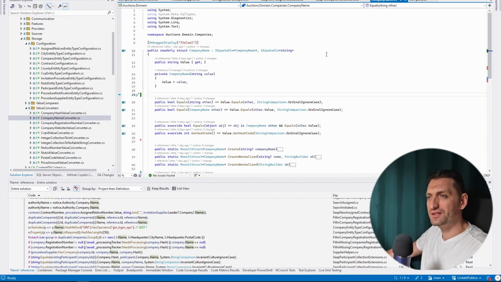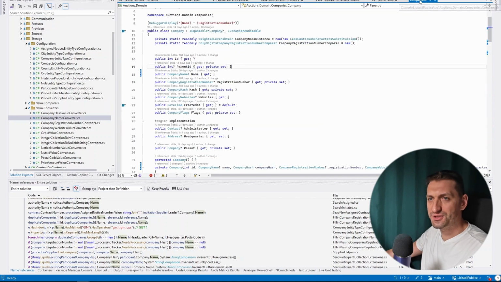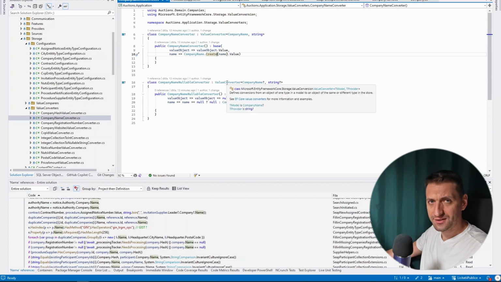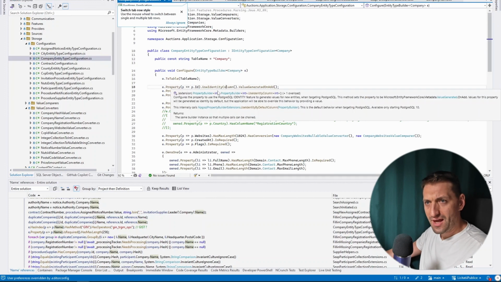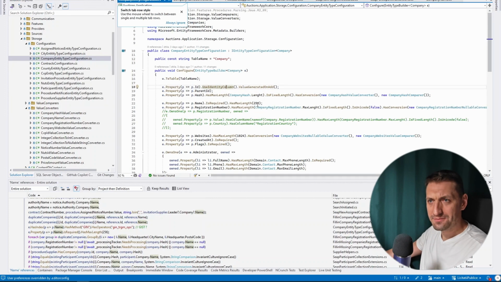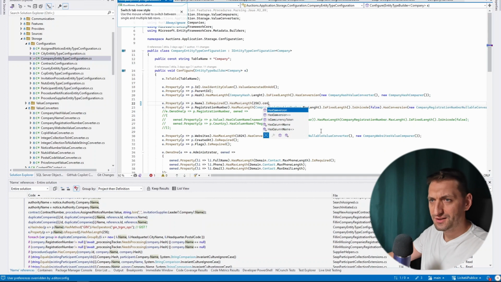The next step is to tell Entity Framework to register these value objects to be serializable as a string. For that, you need a value converter, and you can easily do that by creating a new class inheriting from the value converter. And I do have two of them because I would like to create nullable and non-nullable entries. So for the one which I don't want nullable, I'm going to just copy, and I go here to the company registration entity, and go here to the company name, and I'm going to say converter